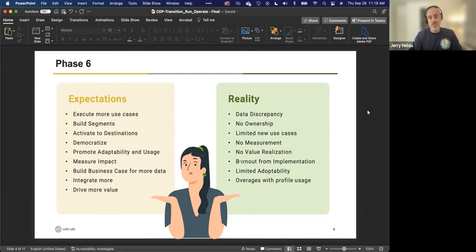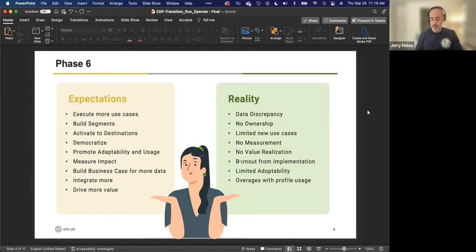So you are faced with a platform that has a lot more audiences than you wanted or contracted for, and you are in a 2 to 3 year deal with the vendor, and you're over your profiles. So where do you concentrate? You might end up concentrating a lot on limiting and driving down your profile usage, while in reality, you're not getting good value out of the CDP because you're not able to execute on the other things. You're just trying to make sure you're within your